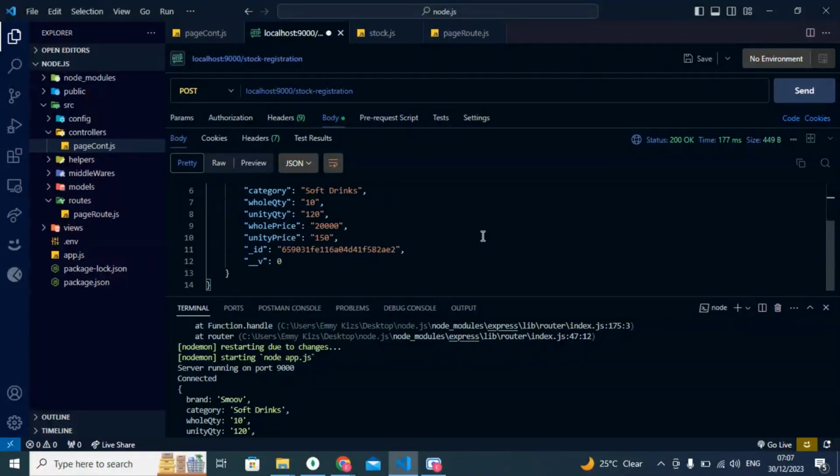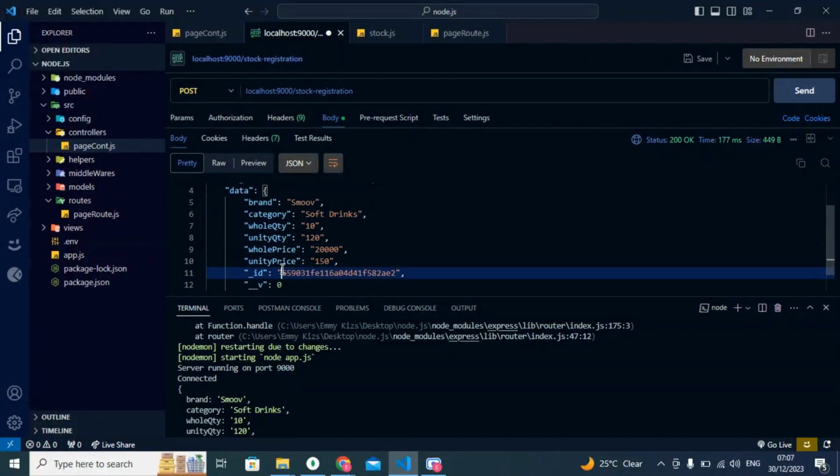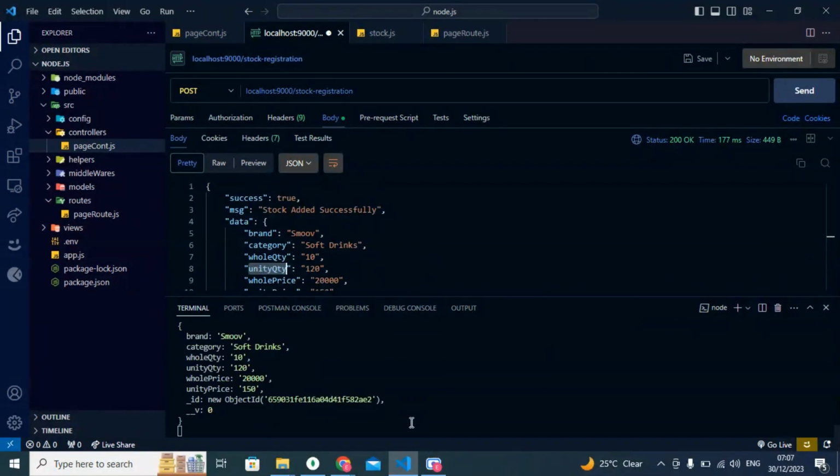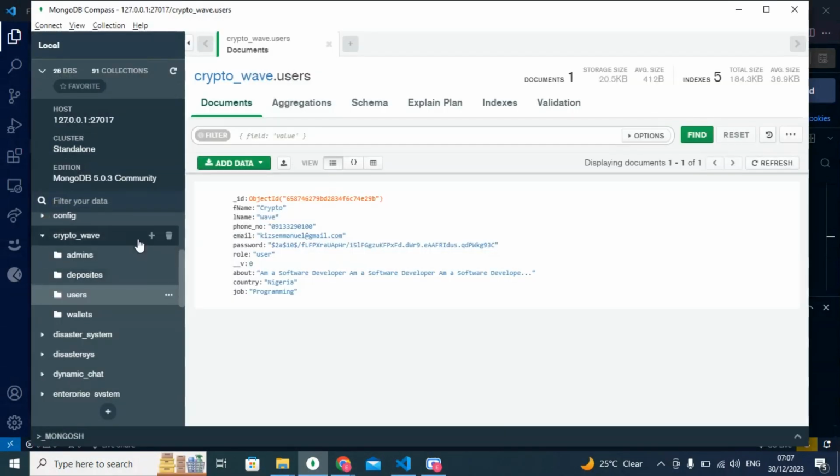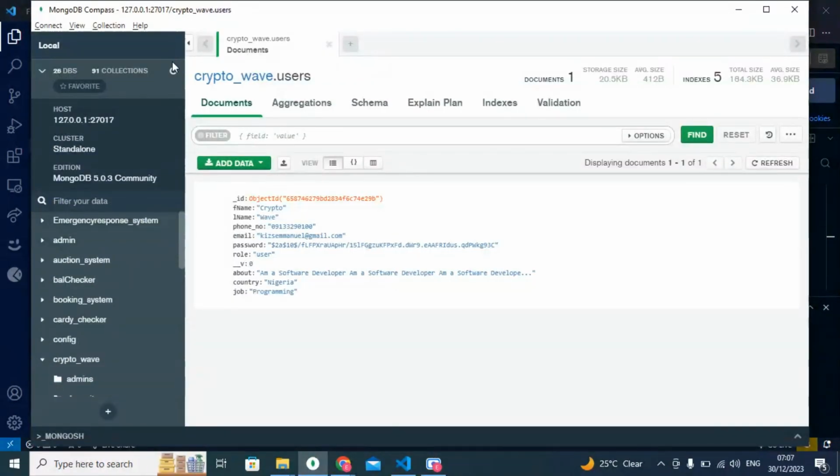This is the stock id, the MongoDB stock id. Then this is the whole price, whole unit price, whole quantity. Everything is registered successfully. If we go to our database,